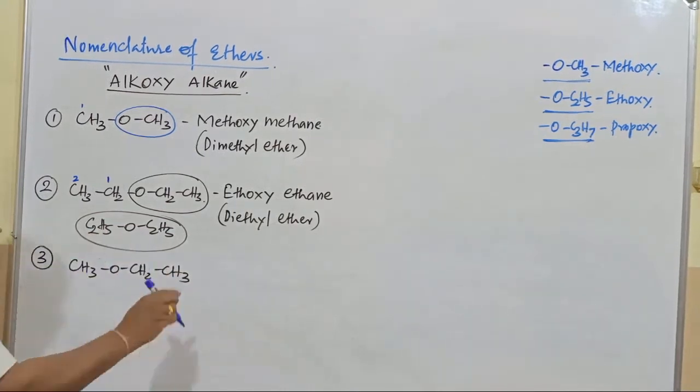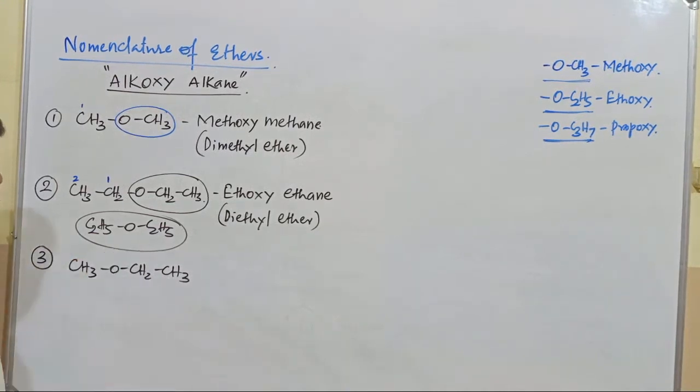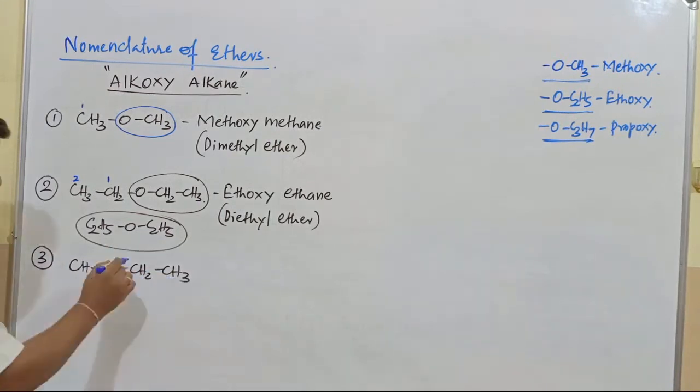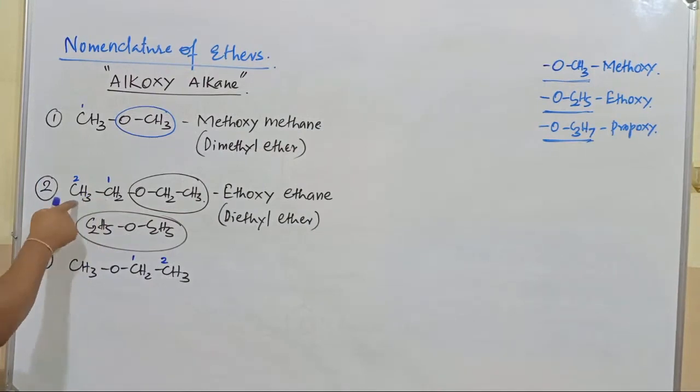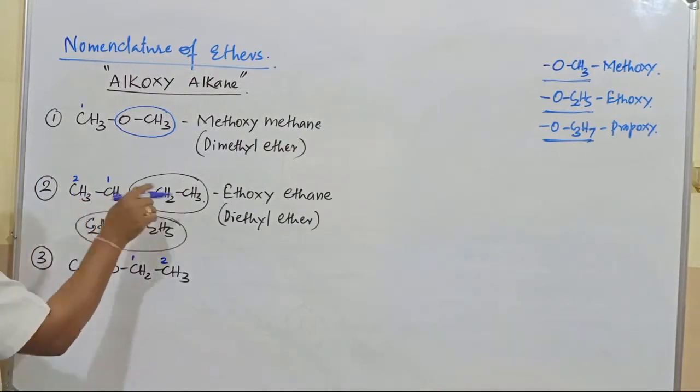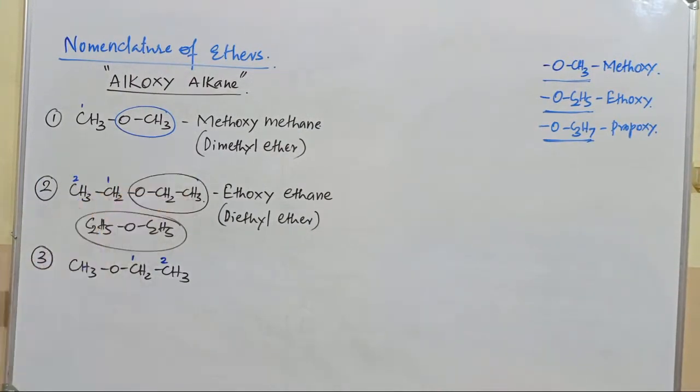How many carbon atoms? Totally 3 carbon atoms. How many carbon atoms are part of the longest chain here? This side only 1 carbon atom is there, this side 2 carbon atoms are there. So we have to take this as 1 and this as 2. Here 2 carbon atoms we have considered. In a symmetrical ether, either side makes no difference, because both sides have an equal number of carbon atoms, you take any particular side. But in this compound, this side has 2 carbon atoms, this side 1 carbon atom, so this part is taken as the longest chain and this other part is the methyl group.